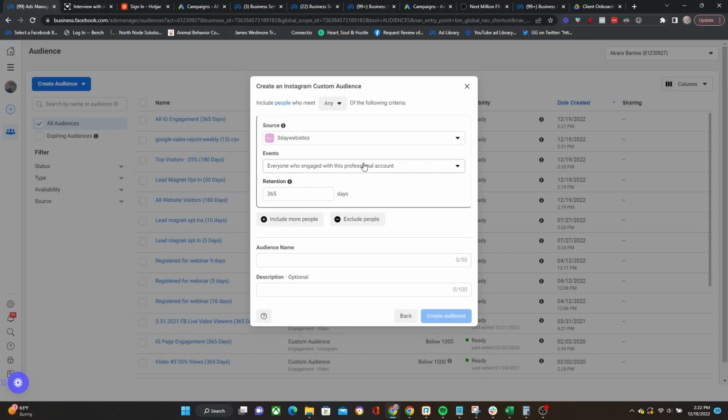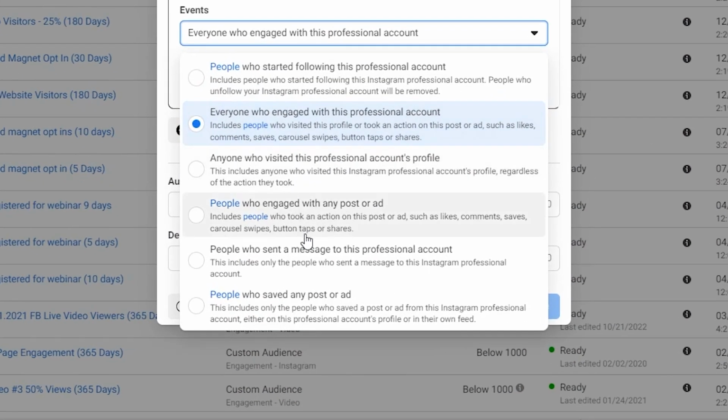website custom audiences. So definitely, like I said, I always like to start with the default of all engagement, but I also like creating some of these more specific ones, because at the end of the day, all engagement is also going to include people who visited your profile very quickly and left, they didn't care about you, maybe they even accidentally made it to your profile. That's not going to be a high quality person, so why would you want to spend dollars to get in front of that person? Instead, what you can also do is create some of these more specific ones where there's